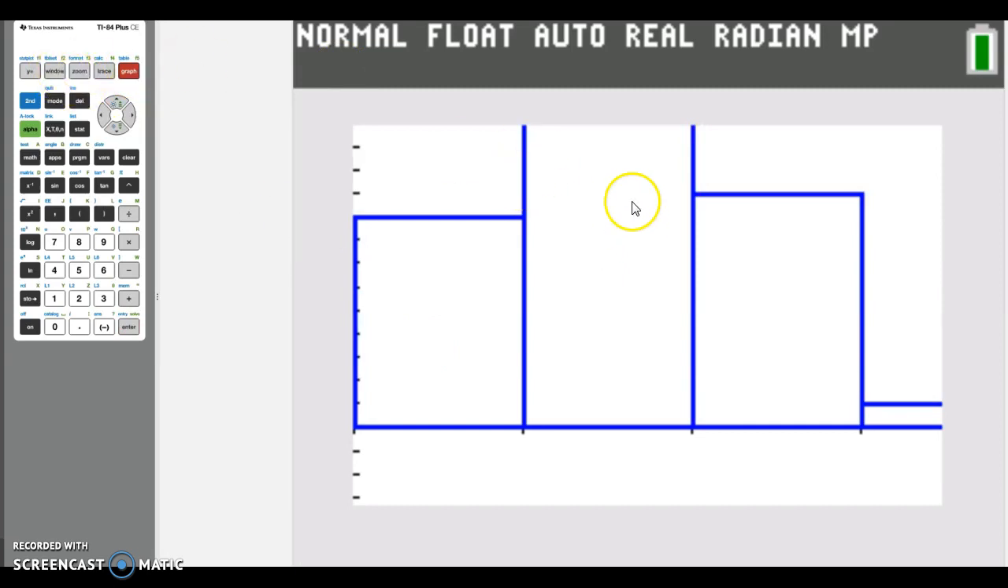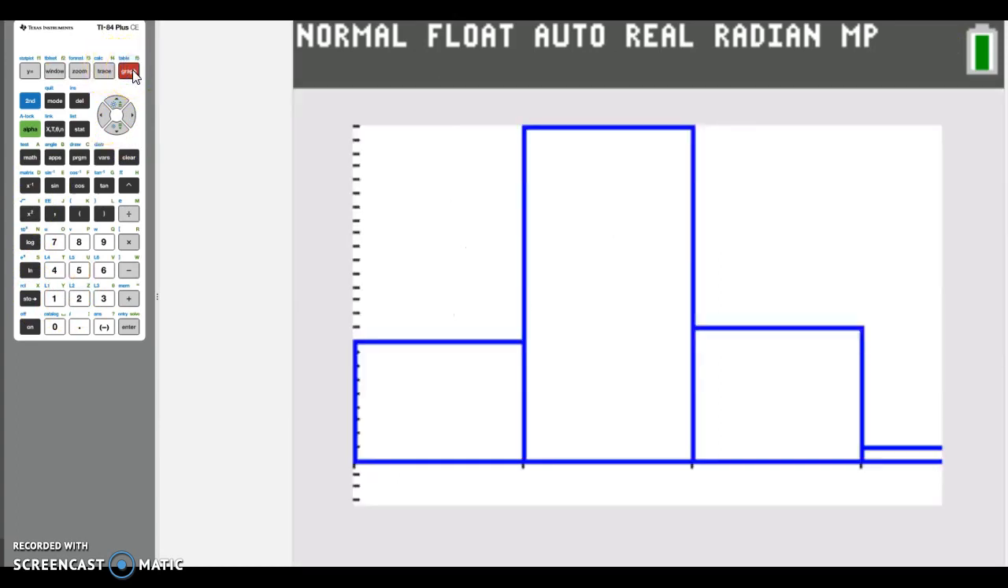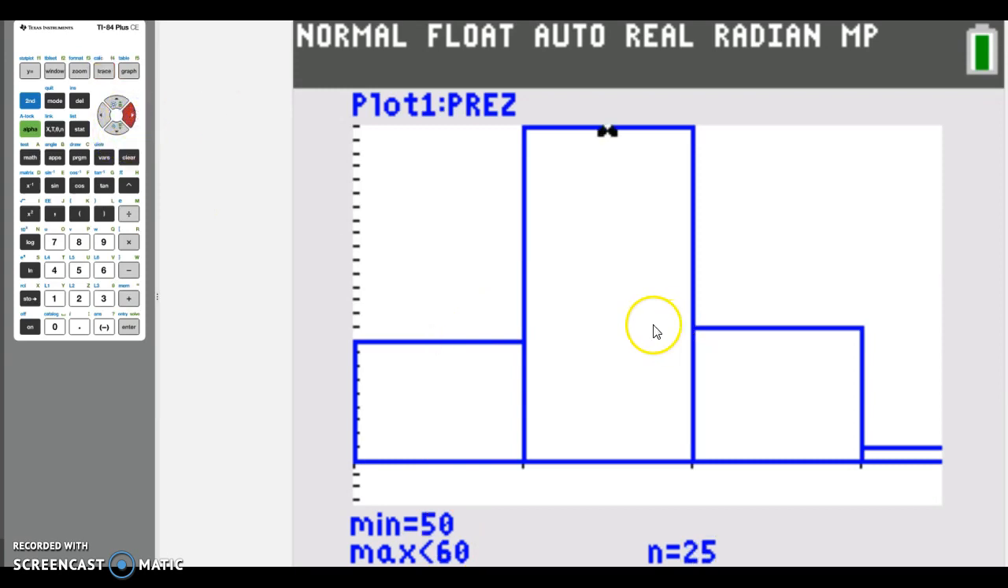We might want to, obviously we're not seeing enough here, so I might go into my window and make my Y maximum much higher. I can't remember how many there are. I might go up to 25 and press graph, and there's our data. If I now press trace, I can see this bar is equal to 40 but less than 50. There's 9. Equal to 50 but less than 60. Equal to 60 less than 70, and there's Trump over there at that very last one, which is somewhat cut